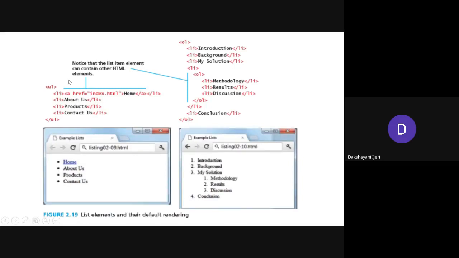You can see here what are the different elements used. So for the unordered list, the element you need to start with is UL. So if you have pen and paper, please make a note of it. One thing I'll tell you is that list creation, or creating a web page for the list, is one of the most important possible questions that might be asked in your VTU examination as well as the internal. I'm openly telling you there will be a definite question on the list.